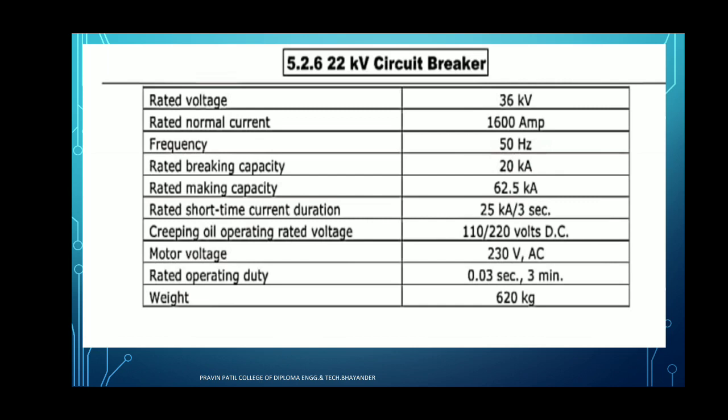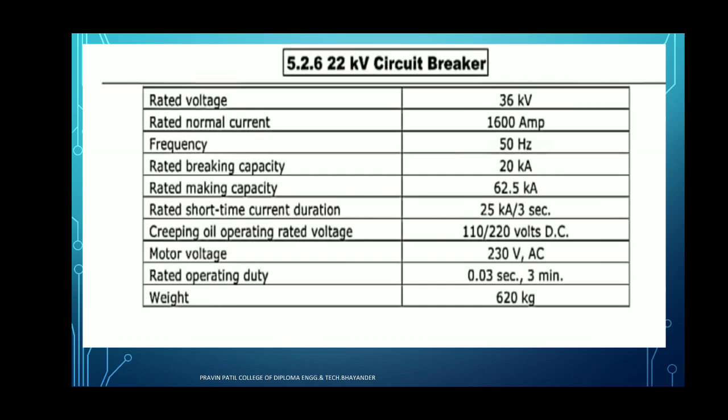A circuit breaker is the device which makes or breaks the circuit under normal and abnormal conditions, and this is the rating capacity of the circuit breaker used in a substation. Each circuit breaker has two contacts, one fixed and the other moving. Under normal working conditions, both the fixed and moving contacts are connected to each other and carry the continuity of the supply.